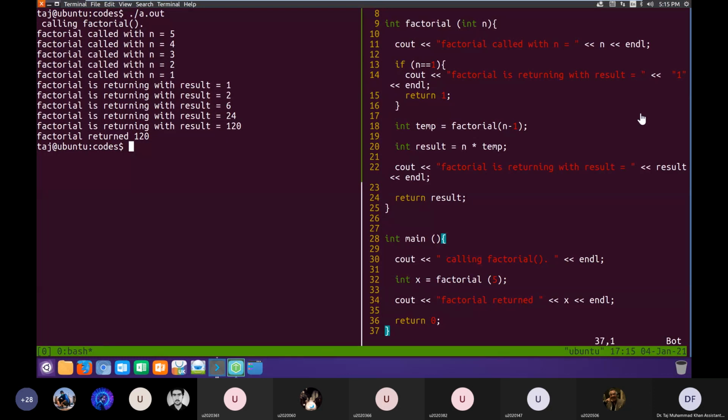So is this code clear to everybody? Okay, so there are many problems that can be solved using recursion.